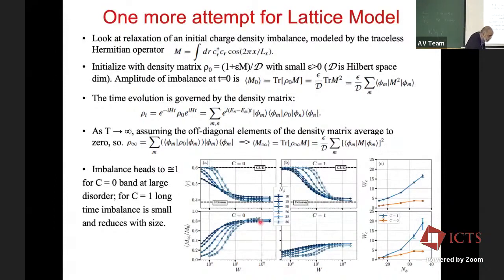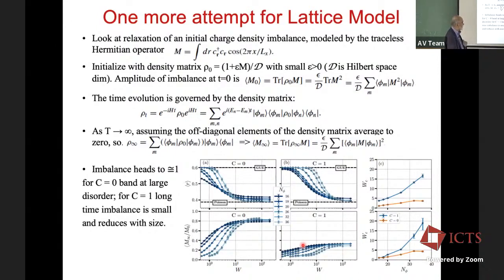Okay, so here is the Chern 0 band. What you find is that at long time, and this is all the long-time result for different values of W, more than 80% of the initial state is retained in the final state. I mean, we have run it for as long as we can. When we see no change, we stop. Whereas if I look at the Chern 1 band, we find only 20% is retained, 20 to 30%. 70% has relaxed off. So I'm not claiming it's 100% and 0. That's not what we see in these finite size systems.